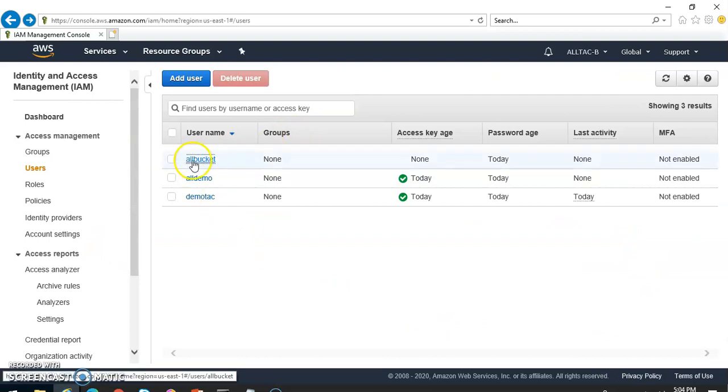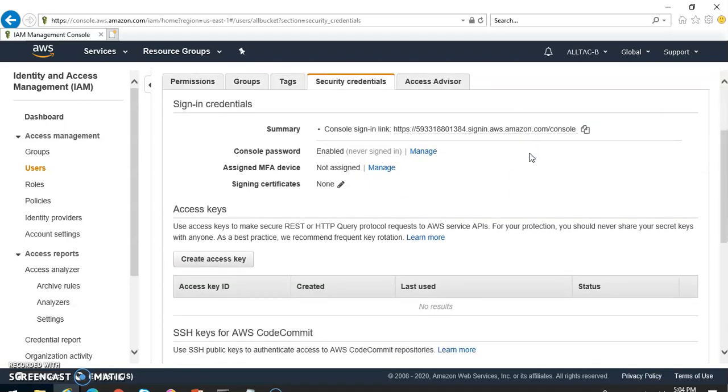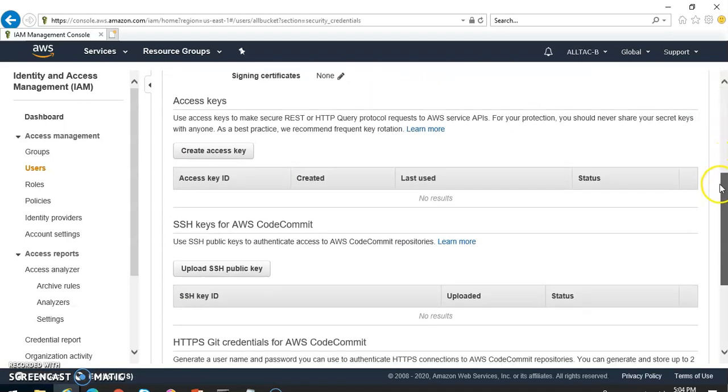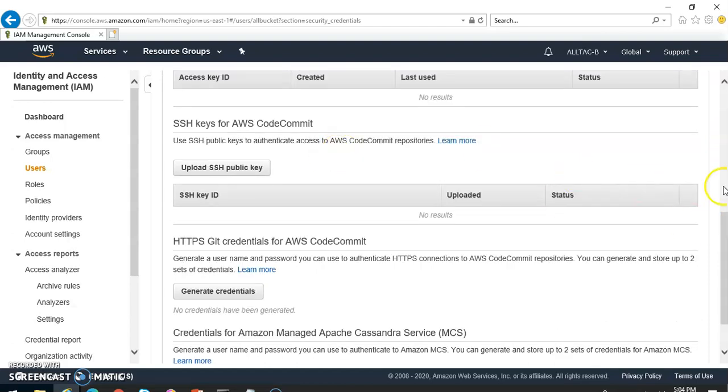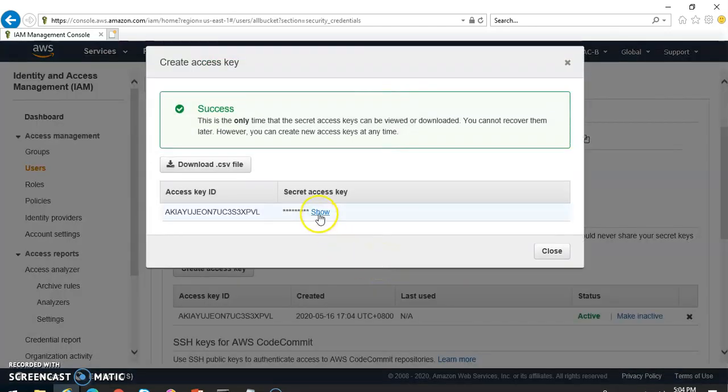This user is created, and one more thing, we will quickly copy the secret access key for this user. Later we will have to use the secret key when we try to access from the AWS CLI. So in order to create the credential, we go to the user's security credentials and create an access key, and then I will save it.